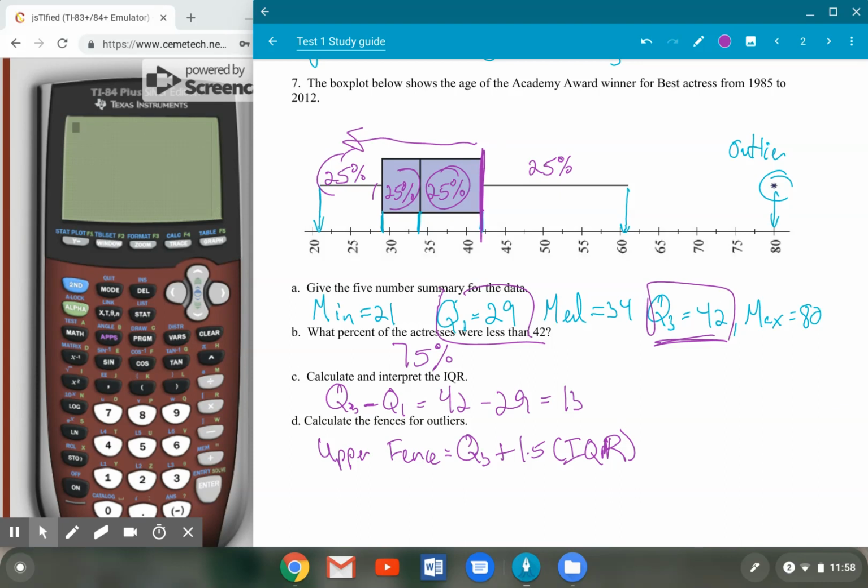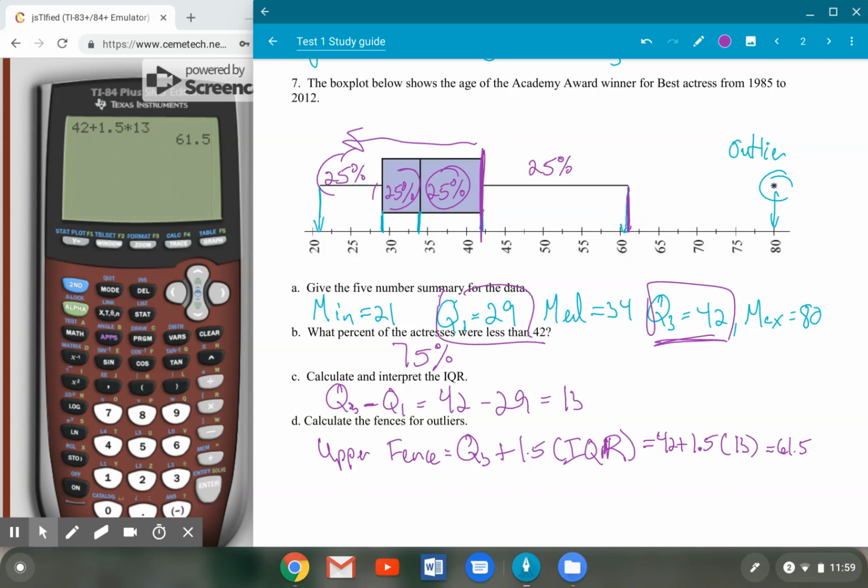And so in this case, this would be Q3 at 42 plus 1.5 times 13. So on my calculator, I will say 42 plus 1.5 times 13. And that gives me 61.5. So that whisker is coming up to 61.5 right here, and that's why 80 is an outlier, because it's above